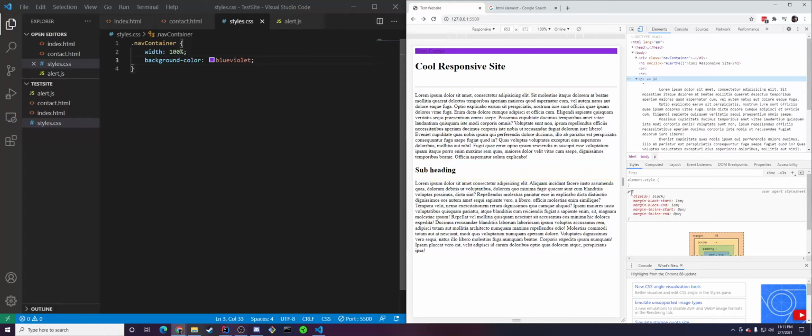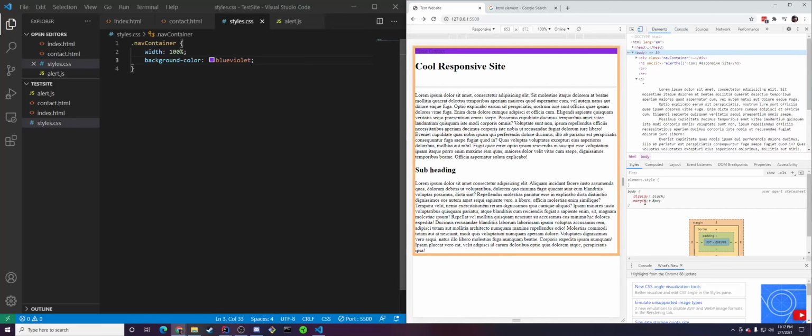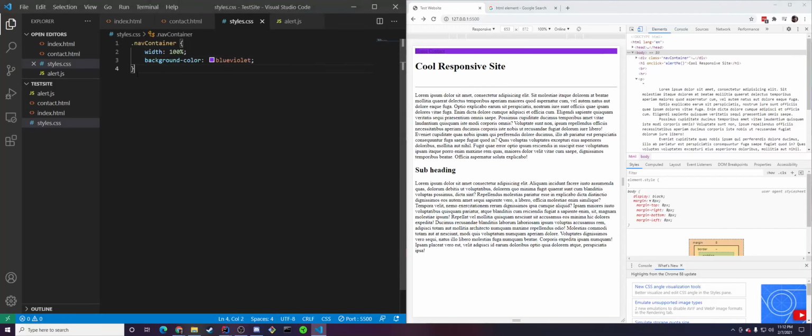We can see that within our body tag, it comes in with this built-in margin of 8 pixels, and that's pushing our content out. So what a lot of people will do is zero out their CSS page by coming into the body tag, and